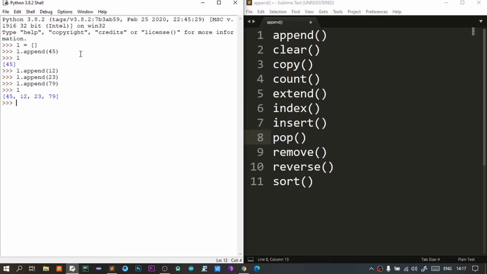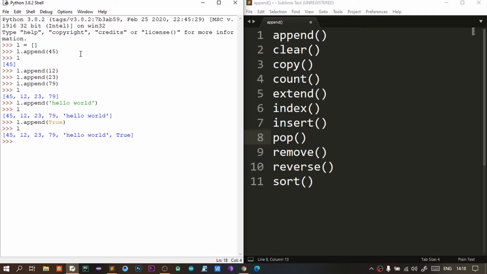And then we can store strings too. Let's say L dot append of, let's say hello world. Now if you check the list will become, it can store integers as well as strings or any other data types like bool. You can append a bool value too. See, now check the list. So the value is stored as boolean true. So any type of value can be stored in list.